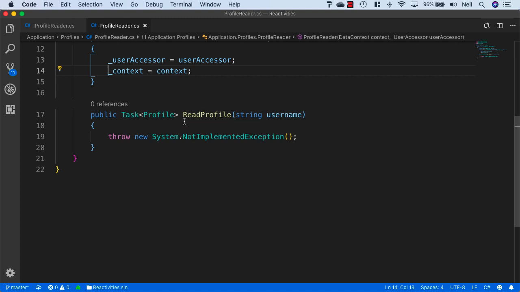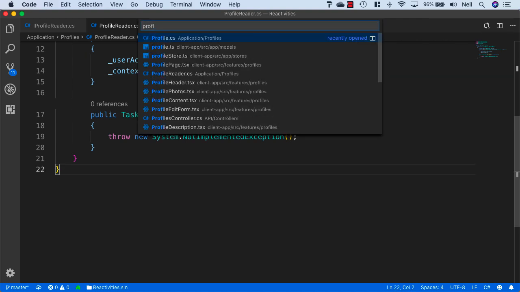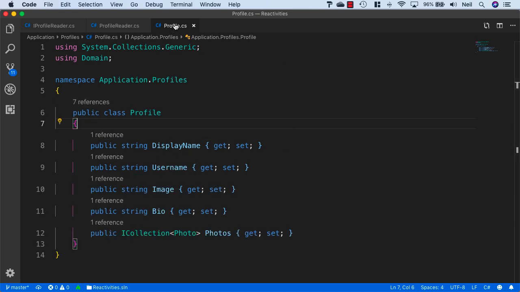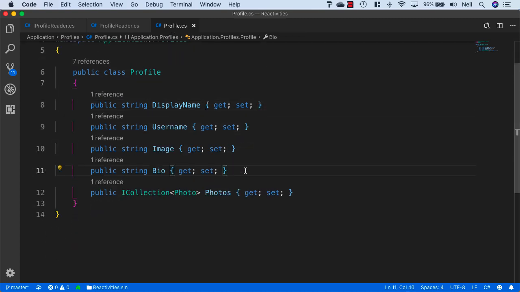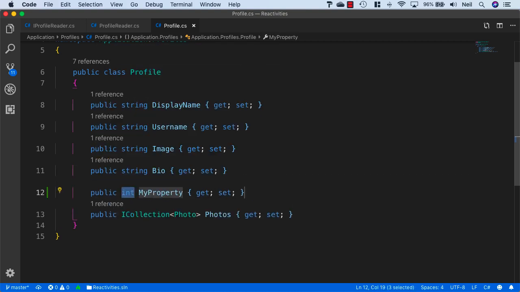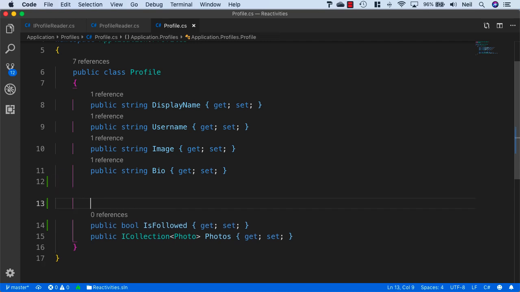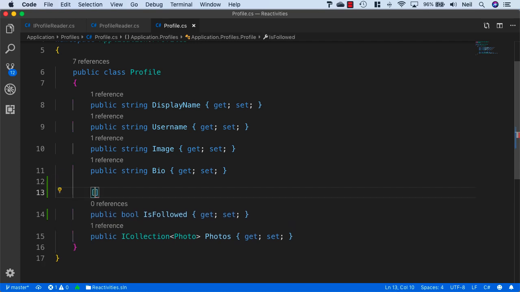So the goal of this particular method is to return our profile to include following information. And let's go and add the properties to our profile class that we also want to return in this case as well. So inside our profile class, as well as all of this existing information, what we want to do is add a boolean for if the user is followed by the current user. And to make it a bit clearer about what this is inside what we're returning to the client, we'll add a JSON property